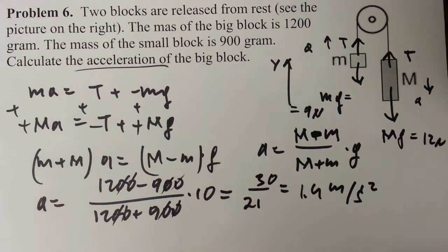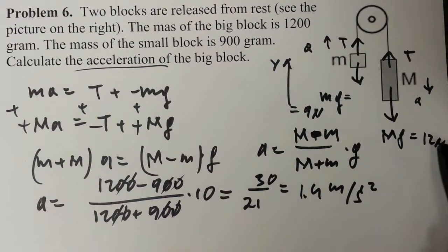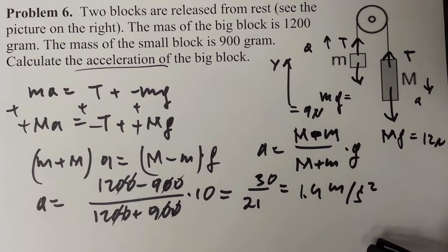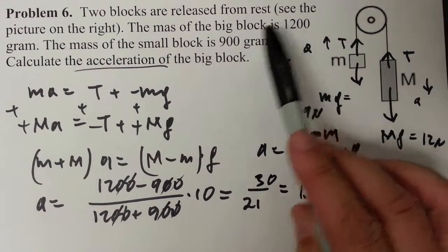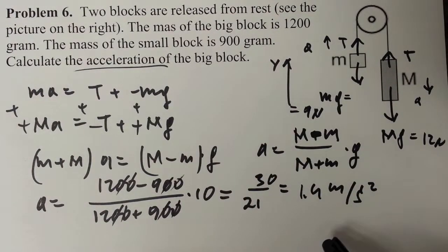Internal forces don't do anything. So the external force would be 12 minus 9, which is 3 newtons. But the net force is supposed to be divided by the total mass of the system. So it should be 1.2 kilograms plus 0.9 kilograms, to 0.1. But the straightforward approach is writing